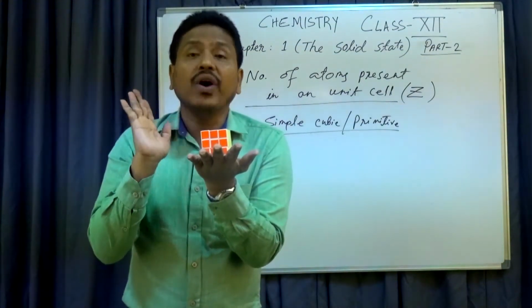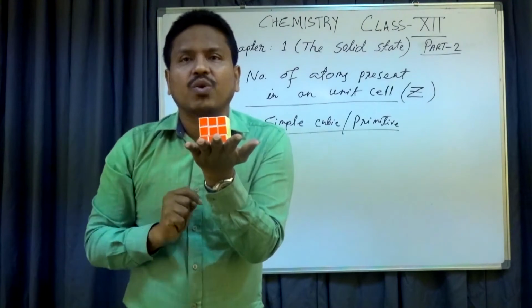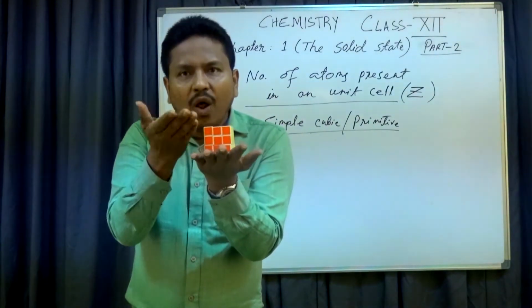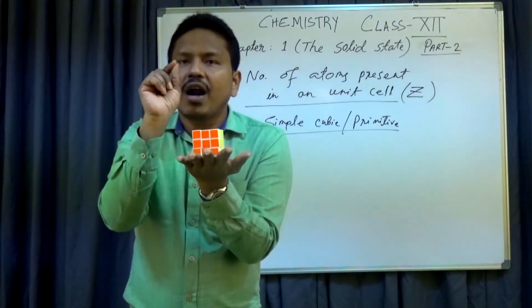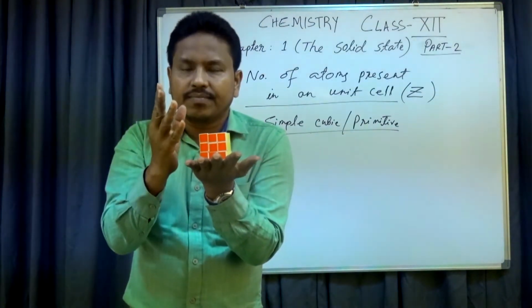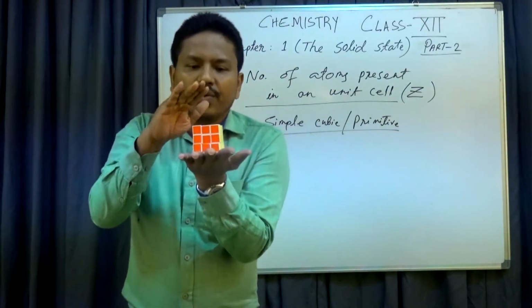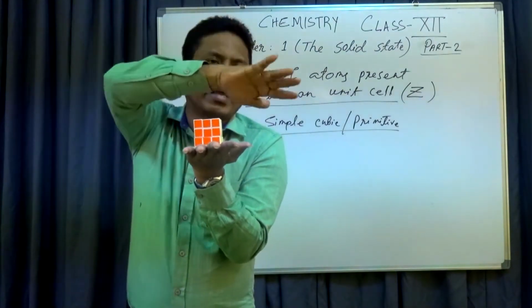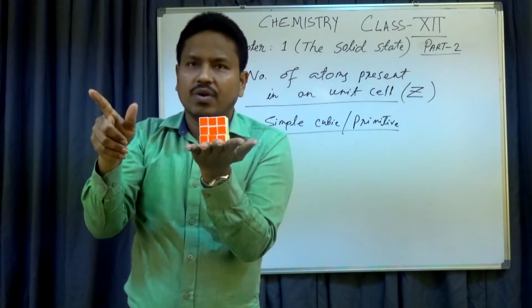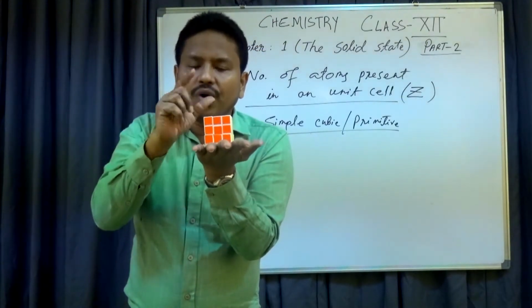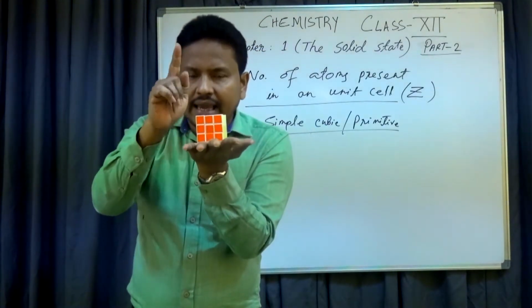This is wrong. Why? Unit cell is not isolated. A unit cell alone does not exist. Already I have discussed, a unit cell is part of the crystal lattice. In 3 dimensions, the unit cell is repeated over and over again, surrounding, to form a big 3-dimensional crystal lattice. Okay? So, in 3 dimensions, listen carefully.